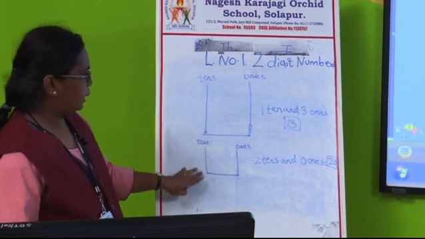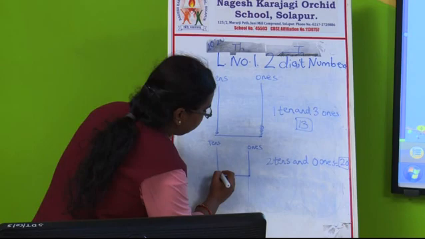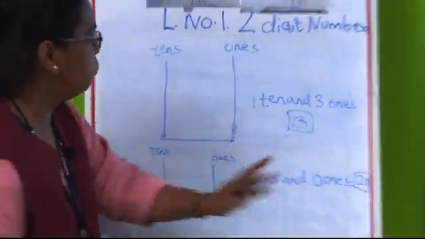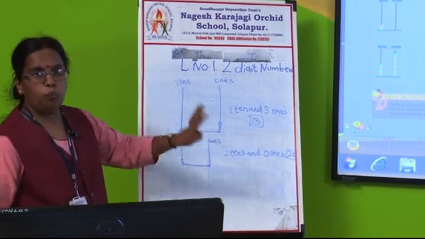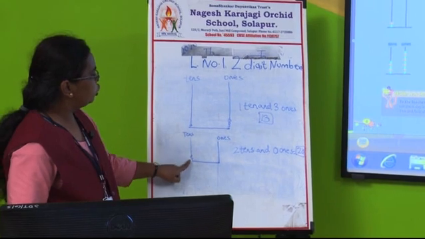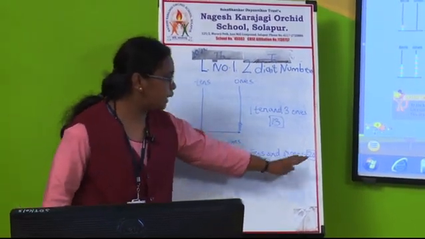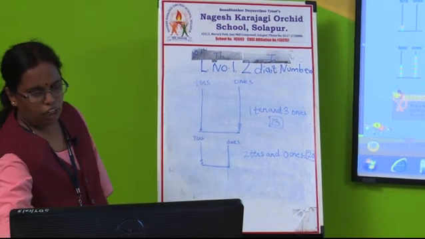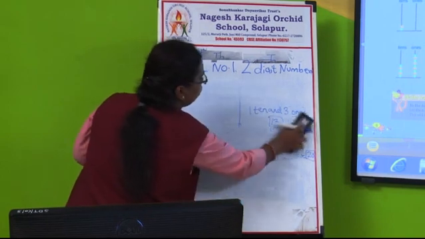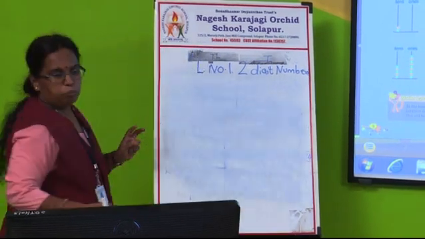Now, in this abacus you want to show these 2 tens. How will you show these 2 tens? 1, 2. And 0 ones, 0 means nothing is there. In ones there is nothing. So, you will not do anything, only you will show the tens value, that is 2 tens and 0, that is 20. Okay. Now, this we have done on the abacus. Now, we shall solve exercise number 2.